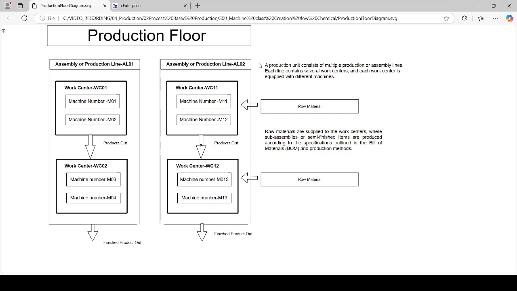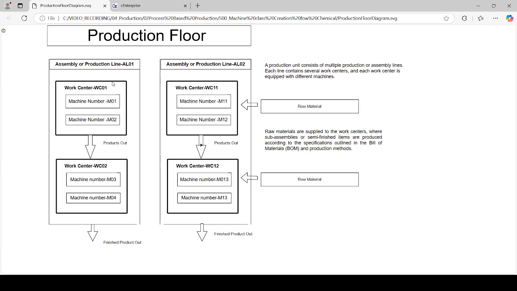Users are required to assign descriptive names to each assembly line that align with their specific industry requirements. An expanded view of the assembly line is as shown in the diagram. Each assembly line contains several work centers labeled as Work Center 1, Work Center 2, and so on. It's essential to assign names to these work centers that accurately reflect the specific processes and items produced within each. This approach ensures clarity and efficiency in managing production workflows.